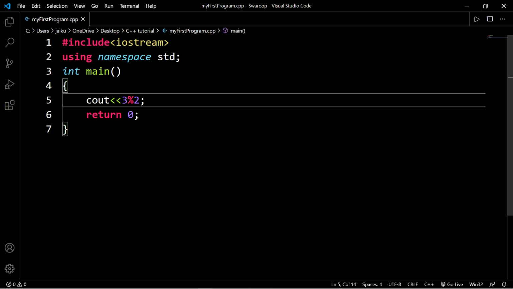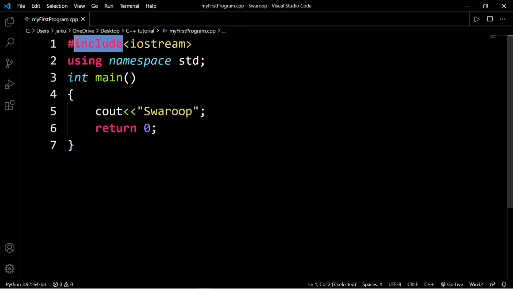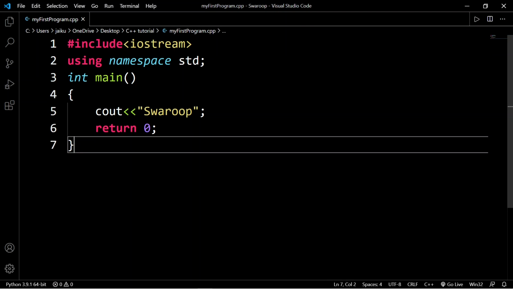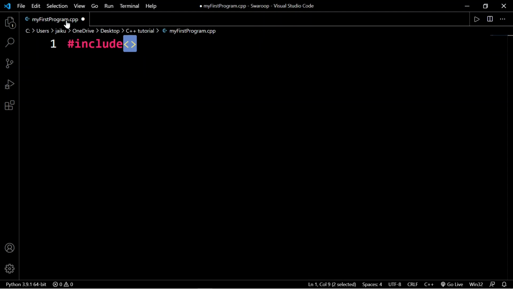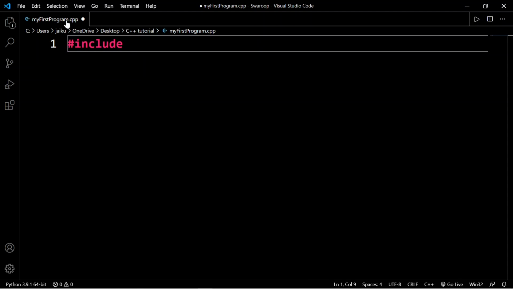So let's begin. The first line over here, #include. Now this line is just used to tell the compiler, or C++, that hey C++, I want you to include these files enclosed in these two signs. These two you can see right here highlighted. We just enclose some files in these two signs. Now what can we enclose?